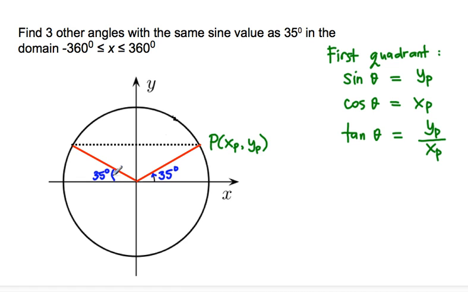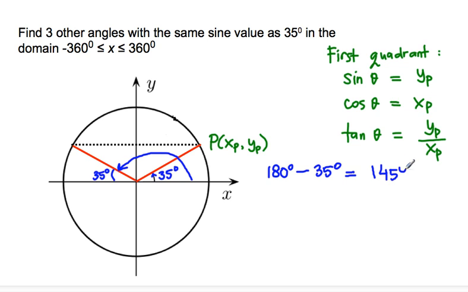However, this is not the angle we are looking for because the angle has to be always measured starting from the x positive axis. So with this terminal point and this terminal line, which angle are we talking about? We measure from the x positive axis to this terminal line, and the measure of this angle is clearly 180 degrees from this straight line over here minus 35 degrees. So we have the first angle with the same sine value as 180 degrees minus 35 degrees, which is then